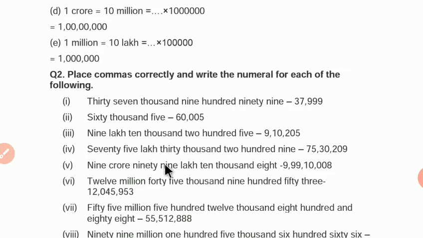9 crore means 9, 99 we have to write 99, 10,000 means 10 and 8. Here why have we taken 2 zeros? Because 10,000 means 10 comma 3 zeros, and here only a single digit is given, that means 8. So in place of the last zero we have to write 8. Now again it is given in crore. Crore means Indian system. So according to Indian system, we will place the first comma after 3 digits and the next commas after every 2 digits. So 1, 2, 3 then comma, then we place the comma after 2 digits. 1, 2 again after 2 digits. So 9 crore 99 lakh 10,008.